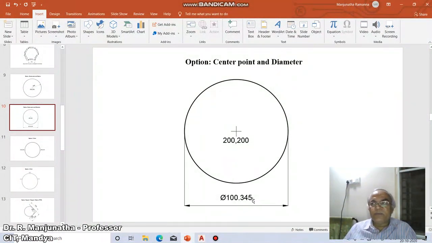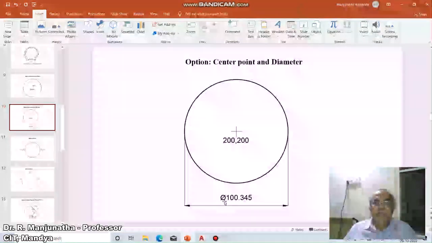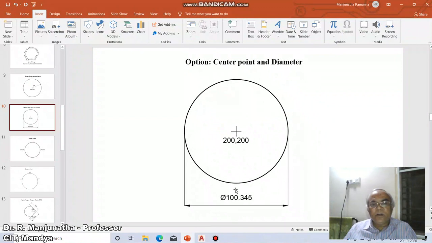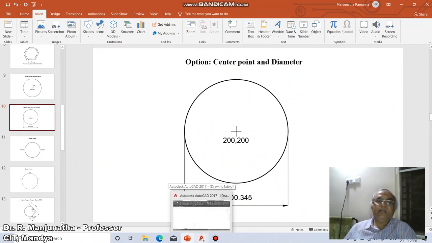But since the diameter option is there, you can take the diameter value. Even with the decimal point, we will be able to enter that particular value directly. But actually by default, it will always take the radius of the circle.